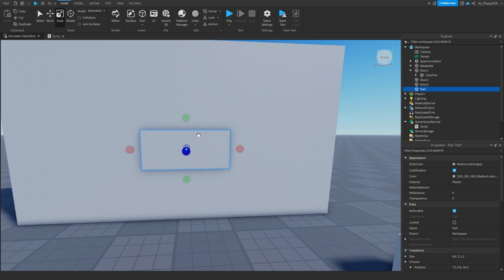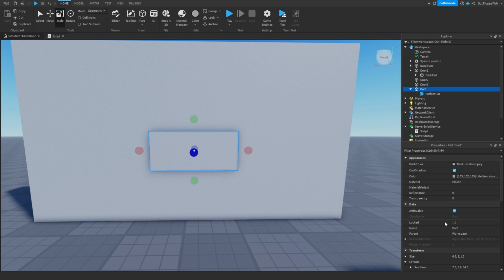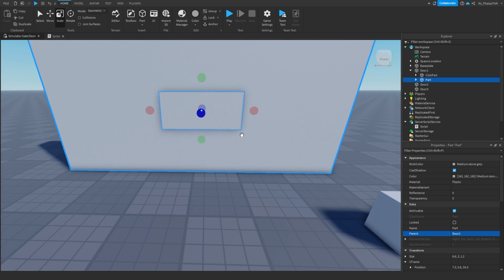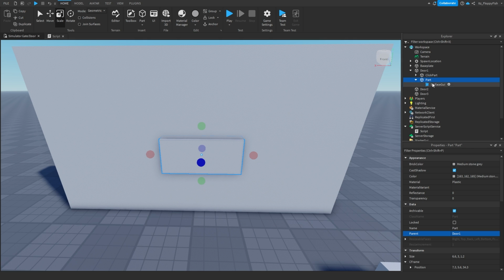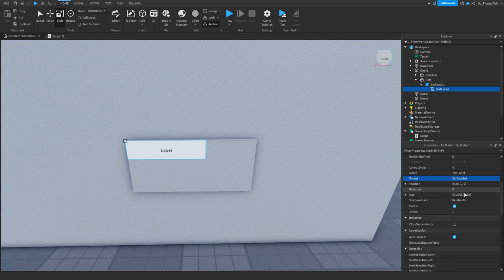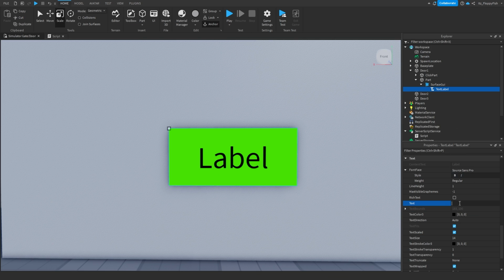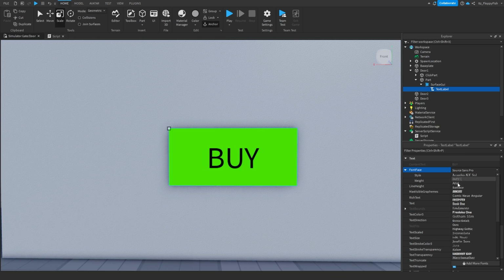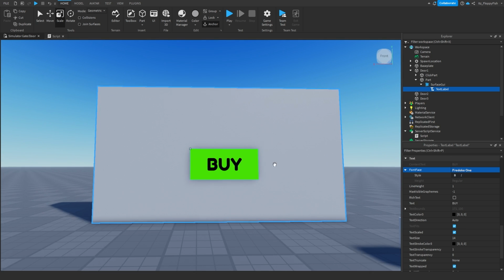So anyway, this is going to be a little bit of a button. I'm going to insert a surface GUI, and we want to put this part inside of our main door there. Going back to our surface GUI, I click on the plus button and insert a text label. I'm going to move this over. This is really for decoration. You don't necessarily need to have this, but I'm just going to do this for the purpose of the video. Text scaled, and this is just going to be called buy, and I'm going to change the font just like that. So now that is our buy